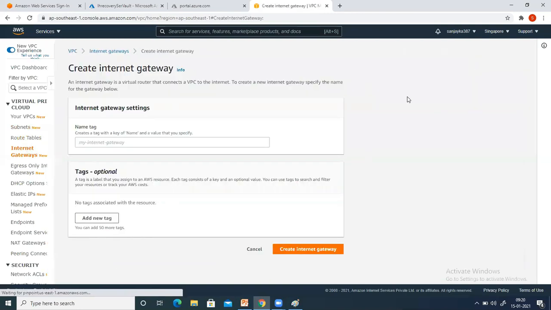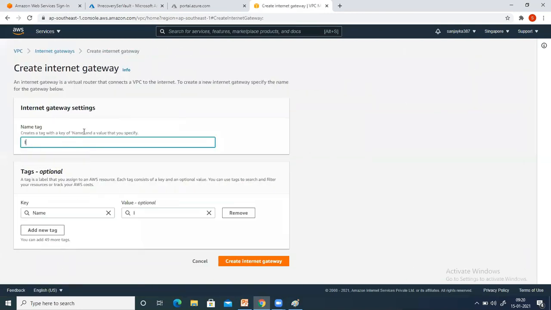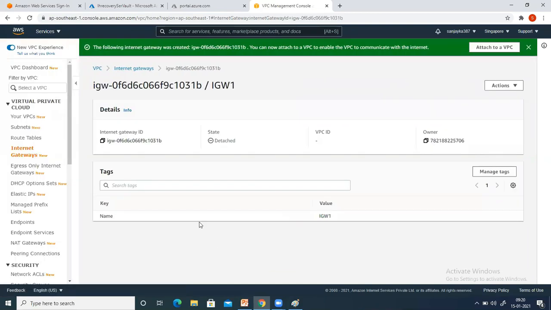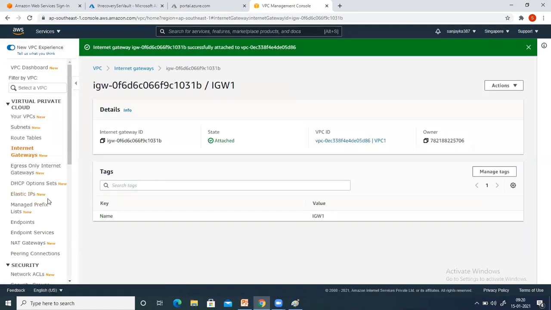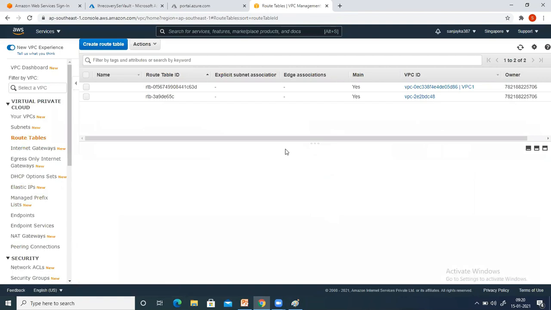I need one gateway also, and attach it to VPC1. And finally, I need one routing table.